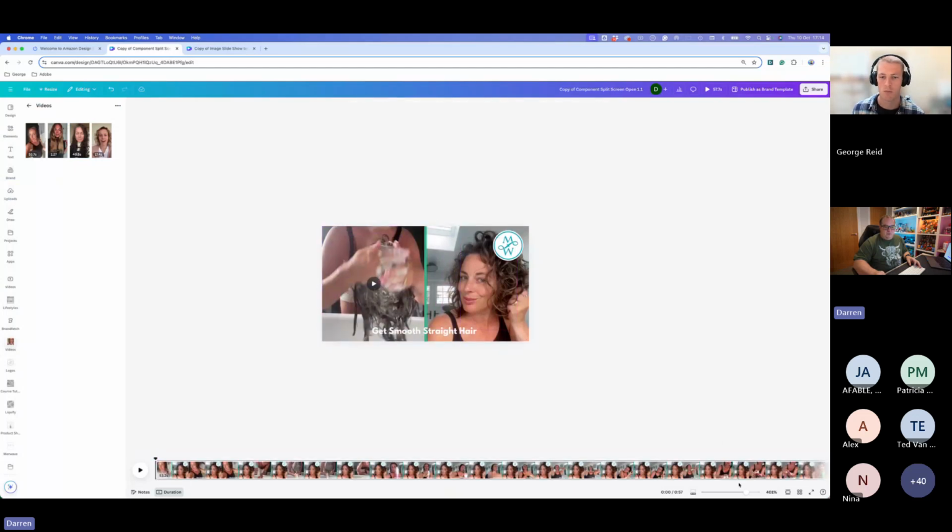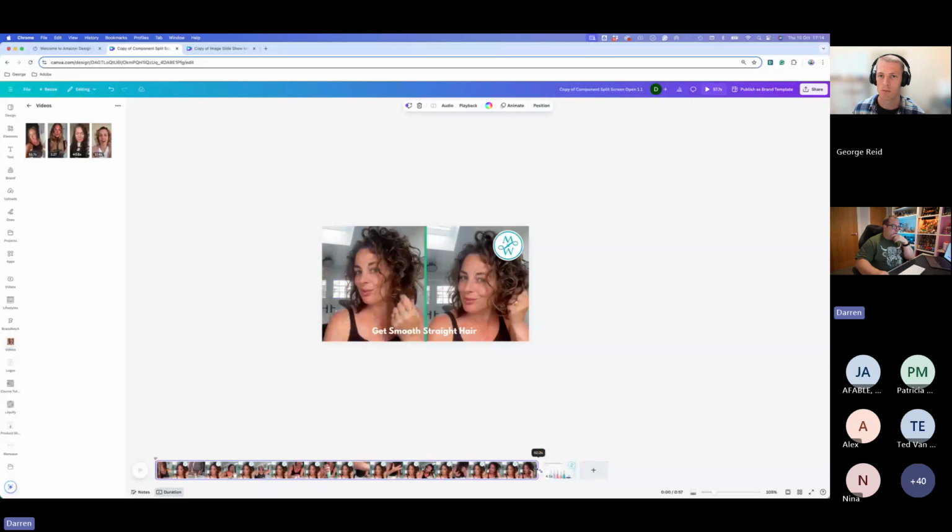Now we're going to zoom out. When you see this originally, it'll probably look a little more like this. You can see down in the bottom here, you can zoom in either on the actual thumbnail or onto the timeline. So you can zoom in onto the timeline here, and we want to change this timeline down to 4.5 seconds.